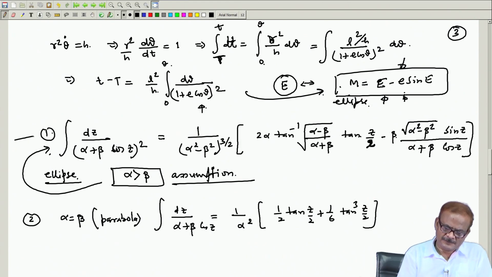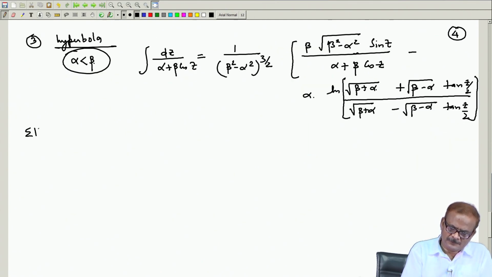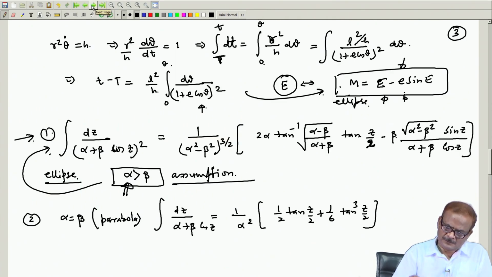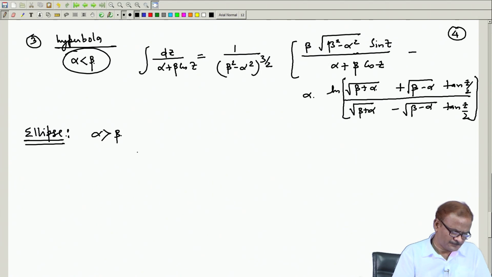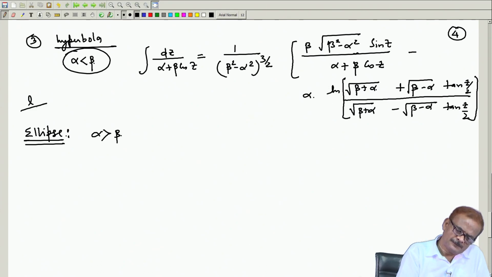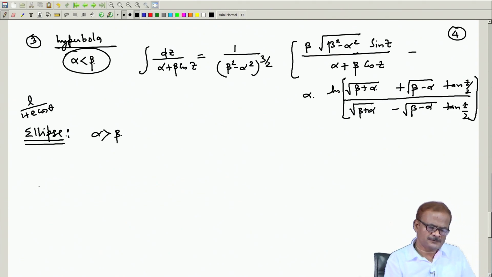So, considering the first equation, this one, from here also we can work out. Here in this case we assume alpha is greater than beta. So, the case of ellipse, now we are going to just work out. Alpha is greater than beta. So, if we take alpha outside, okay, basically what we are interested in, we have to express it in this format. If we are able to do this, our job is done. Okay.